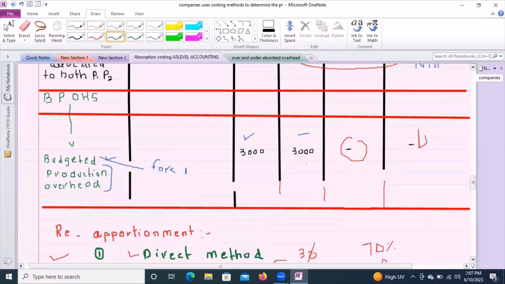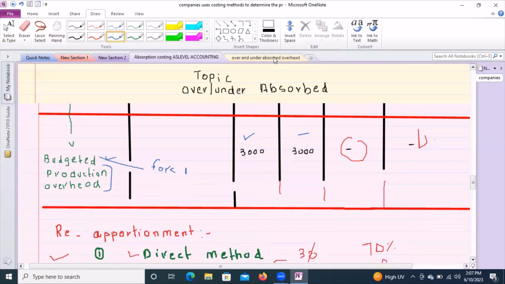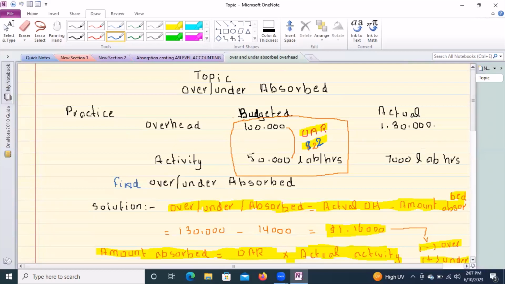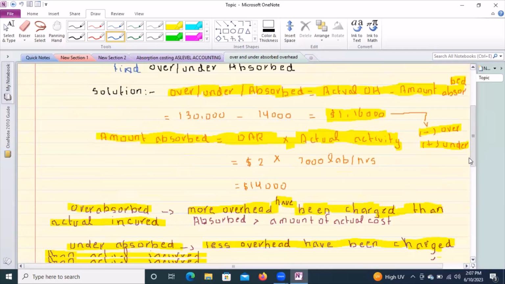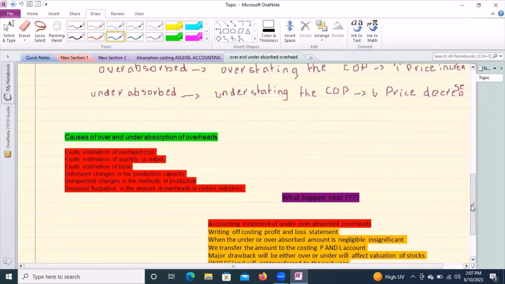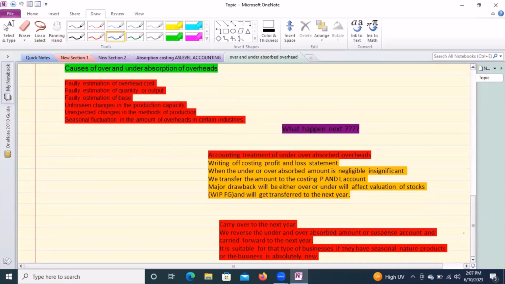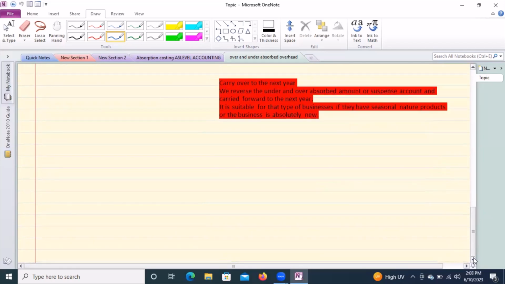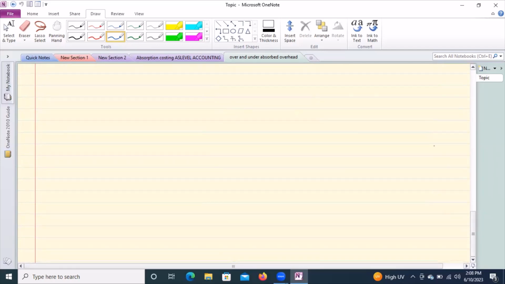Okay, so why is this happening? Why are companies and factories forecasting these amounts, these overheads? Basically, they are forecasting these amounts because they want to know the cost of production so they can quote the selling price to the customers. For example,